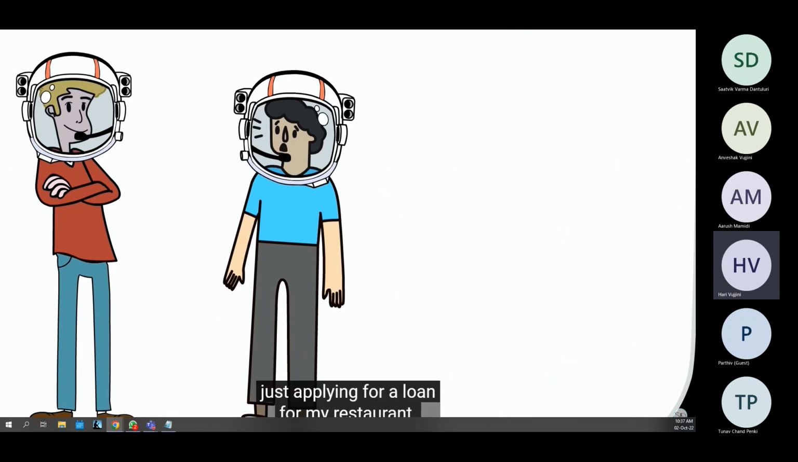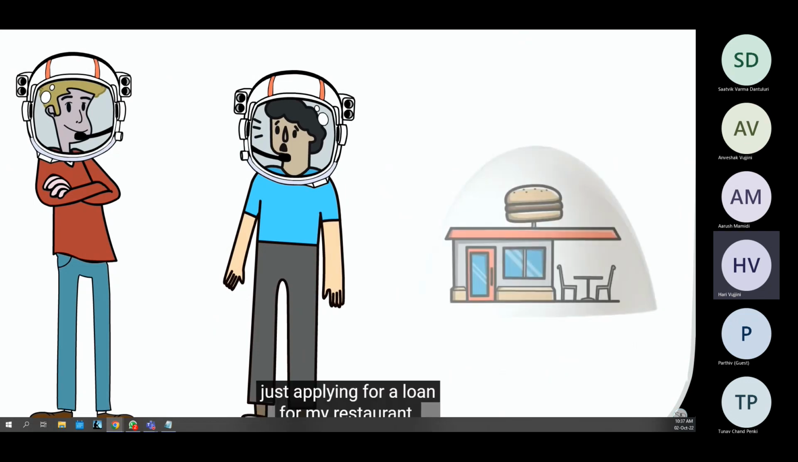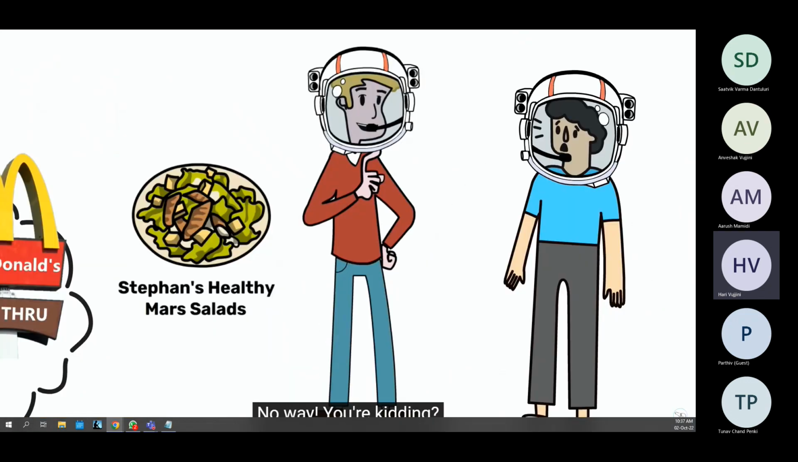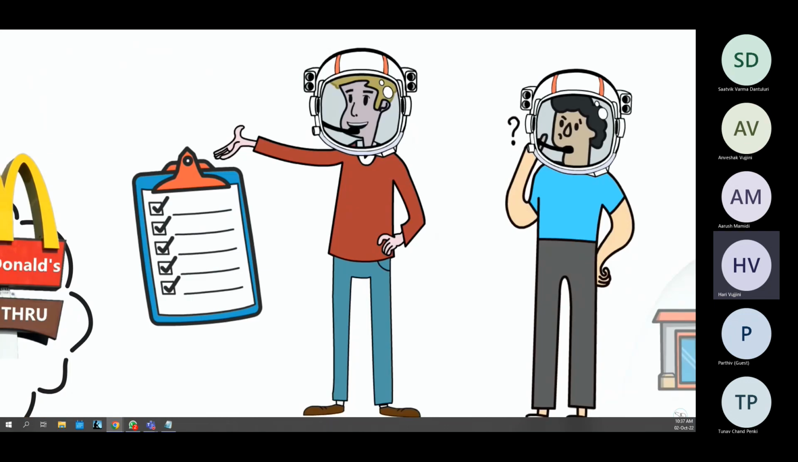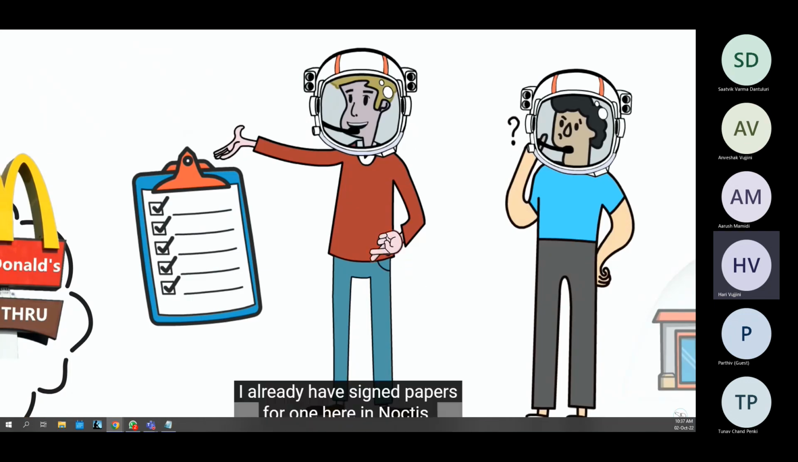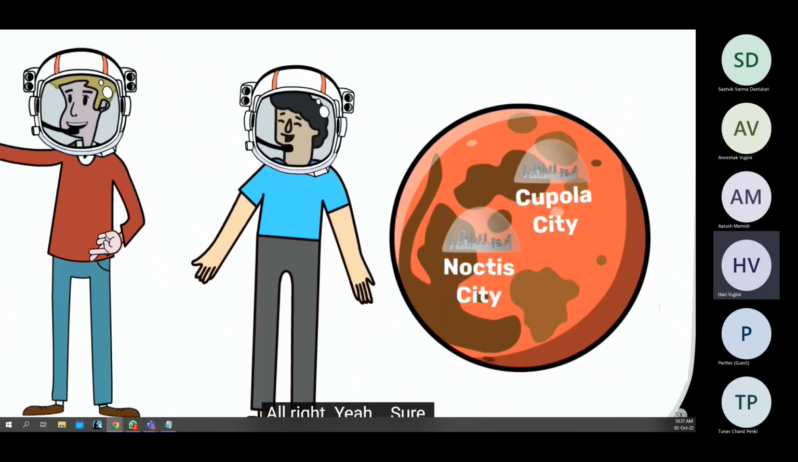"Nothing much. Just applying for a loan for my restaurant." "No way! You're kidding. That's what I'm going to do too. Where are you going to open it?" "Promise you're not opening one right next to me." "Of course not. Don't worry about it. I already have signed papers for one here in Noctis." "Alright, yeah, sure. So it's on this cliff on the commute between Noctis City and..."